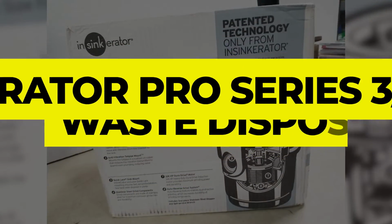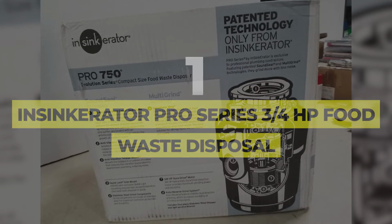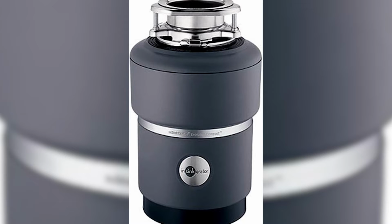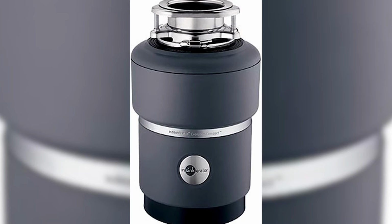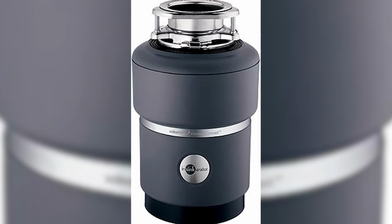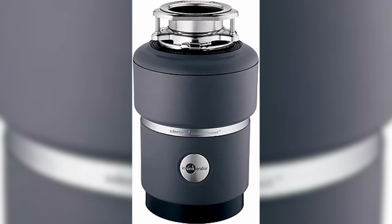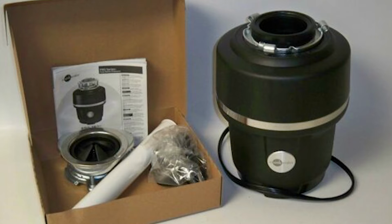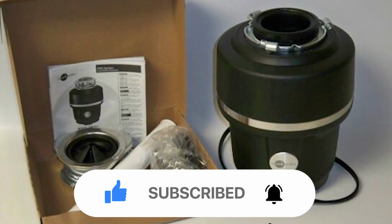Number 1. Insync Pro Series 3/4 HP Food Waste Disposal. The Insync 3/4 HP garbage disposal stands out for safety and quiet operation. For one thing, the magnetic lid for the disposal must be securely in place before it will run. This cover also serves as a start switch, a feature ideal for kitchen island sinks. The Insync lid reduces noise, as does its insulated body, and the SoundSeal technology makes this garbage disposal much quieter